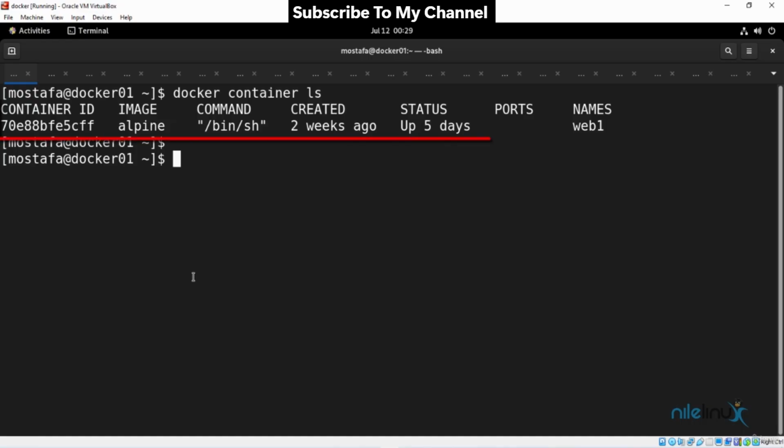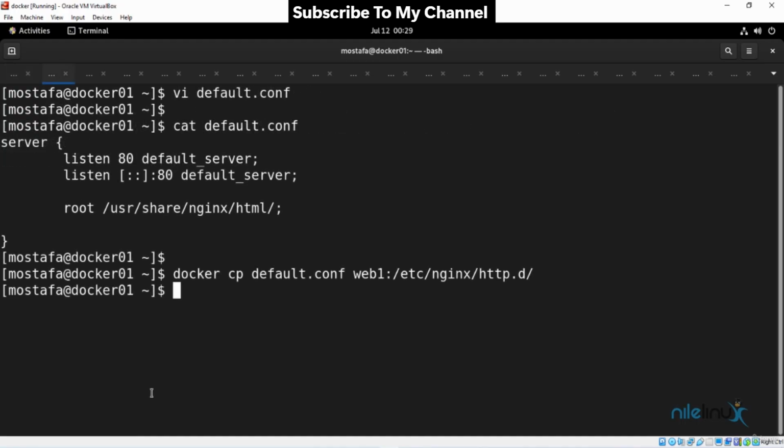So at this point we have our web1 container up and running, and the expectation is it's going to be a web server serving some web content. At the beginning we will create the default configuration file for Nginx called default.conf, with that content including the default web content location as /usr/share/nginx/html. Then we will use the docker cp command to copy that default.conf from our local host to the /etc/nginx/http.d directory